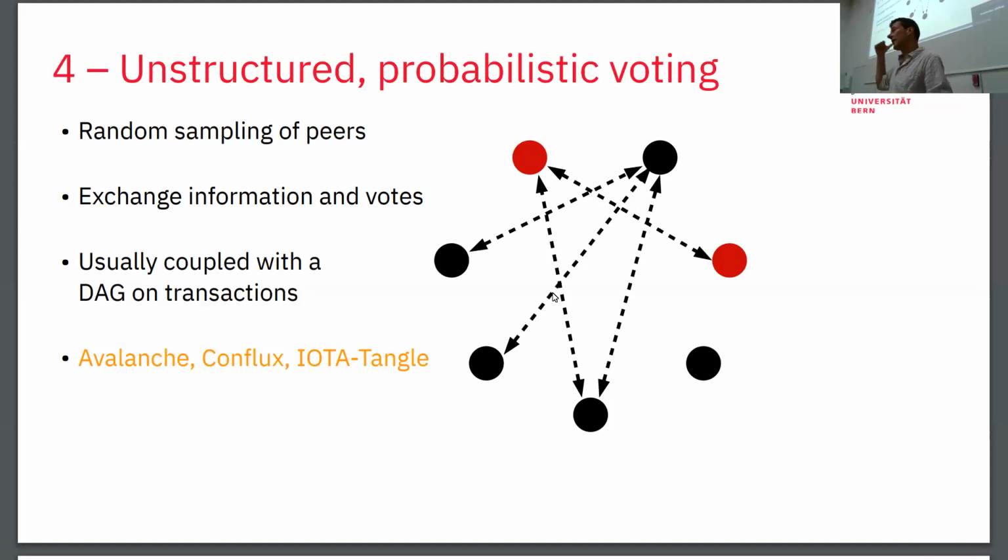In this model here, failure probability can be large. We would just take the approach of randomly asking a few peers about their opinions on transactions. There are some chains, some of them actual systems that have multi-million-dollar market valuations, like Avalanche or also IOTA, where they use this idea.